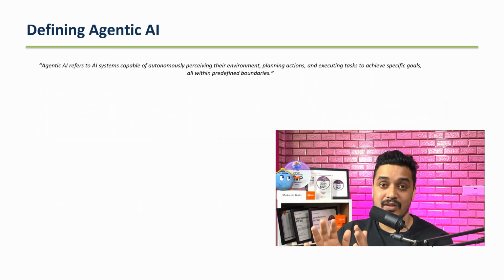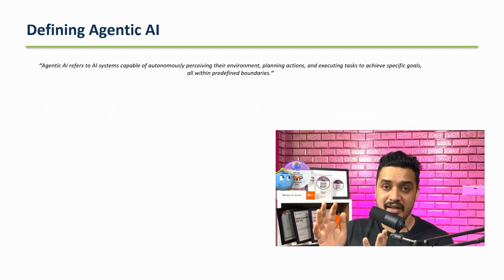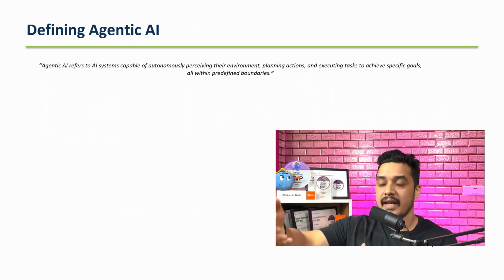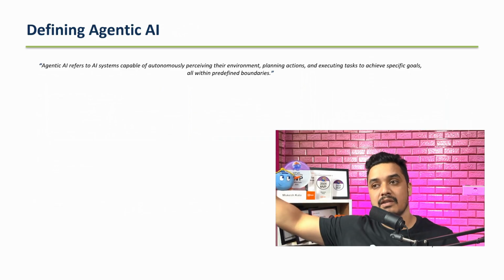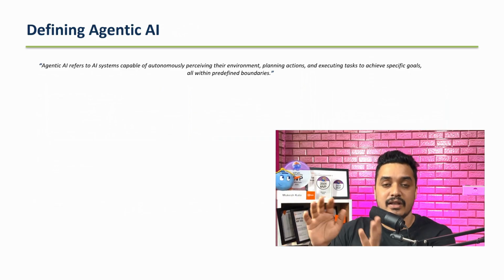So I hope now this definition makes sense. Autonomously, which means without any intervention, it perceives the environment, plans the actions, executes the task to reach a specific goal. It can be anything within the predefined boundaries.